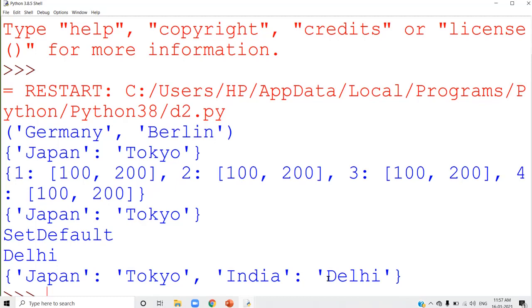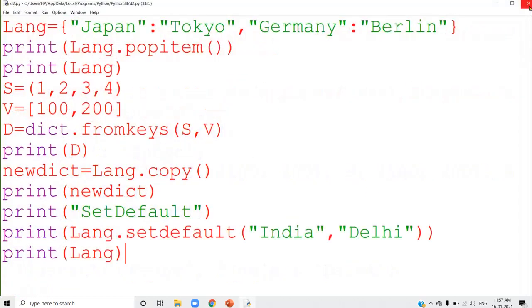All of you understood? So actually, what is the use of set default? It's just displaying the value of the given key. If the given key is not present in the dictionary, then this key and value will be inserted into the dictionary and its value will be displayed. Understood?